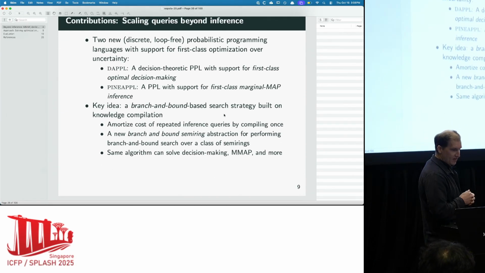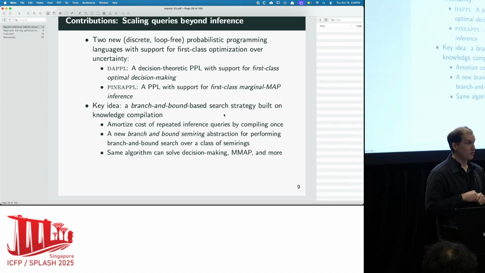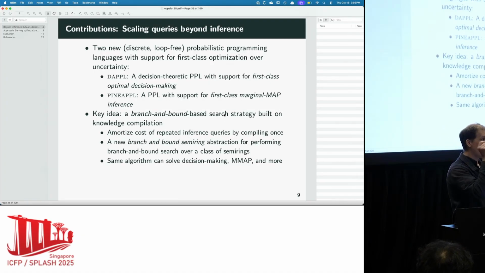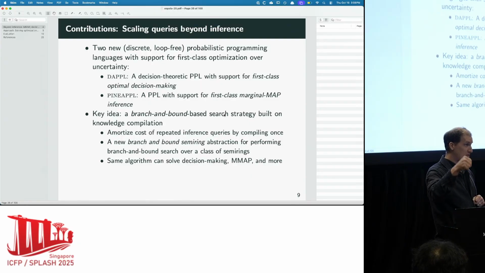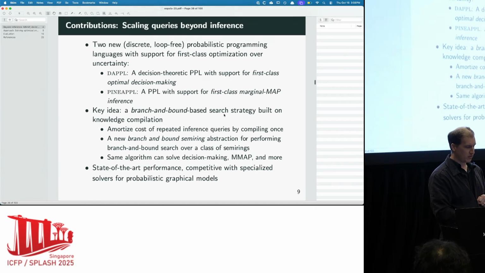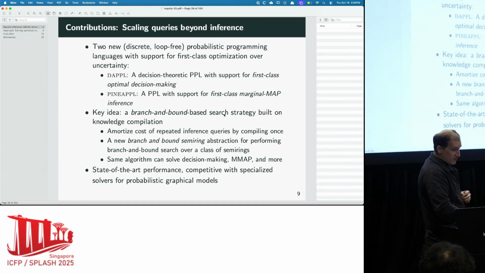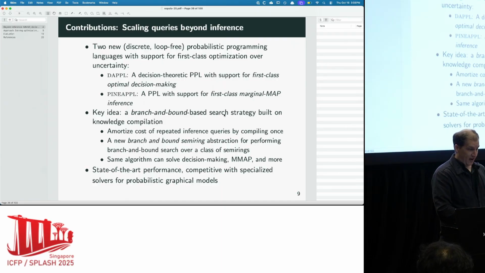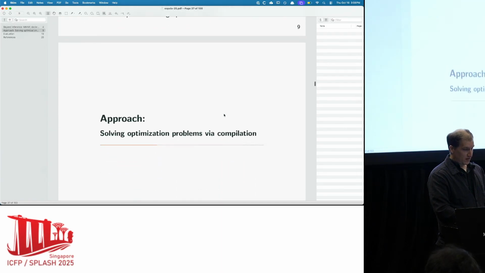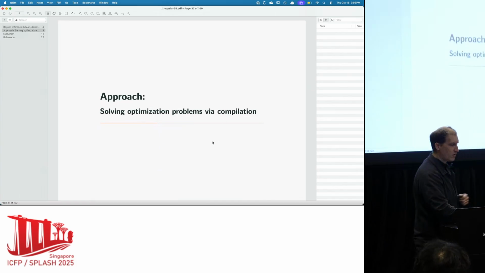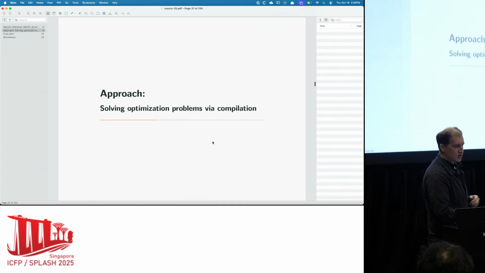And the point is that the same algorithm is going to be used for solving both. You're just going to be able to pick a different semi-ring, and then in one semi-ring you're doing optimal decision making, and in the other you're doing marginal MAP. So it's the exact same Rust code doing both. And this is going to be state-of-the-art performance. It's going to go pretty fast, and I'll show you some experiments hopefully if I have a moment at the end. Okay, so I wanted to give you a flavor of this approach